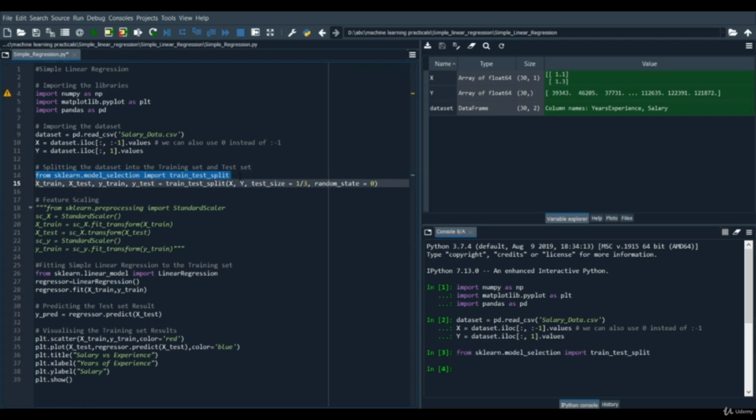Now after importing the function train_test_split, we are going to use it to split the data variables into a training set and a testing set. We created 4 variables, which are going to store the values returned by the function. The function returns 4 values in the order: independent data for the training set, independent data for the testing set, dependent data for the training set, and dependent data for the testing set. We pass the values returned by the function to them.